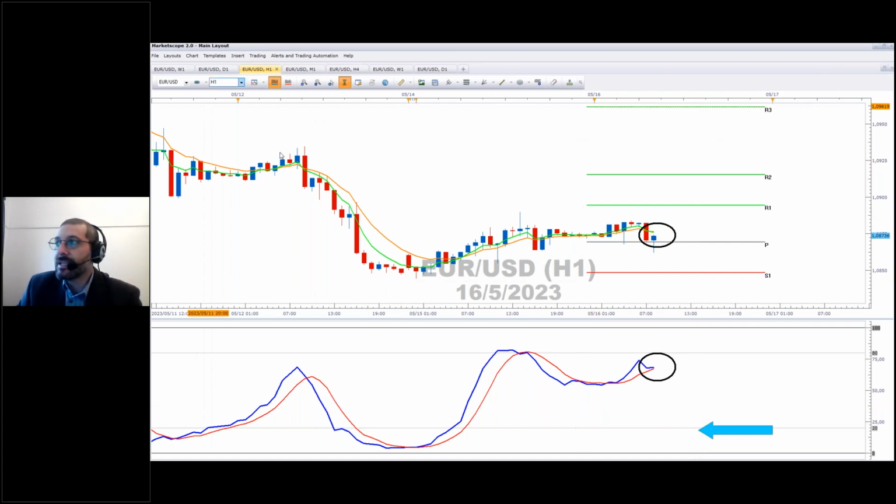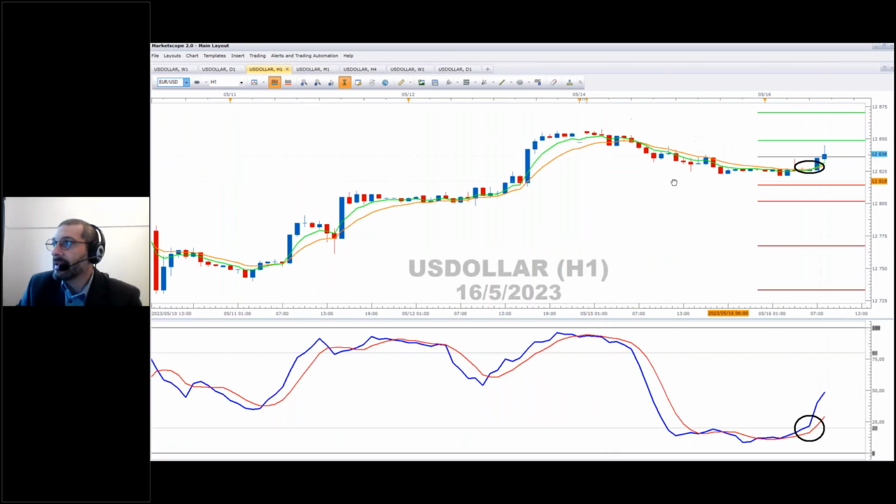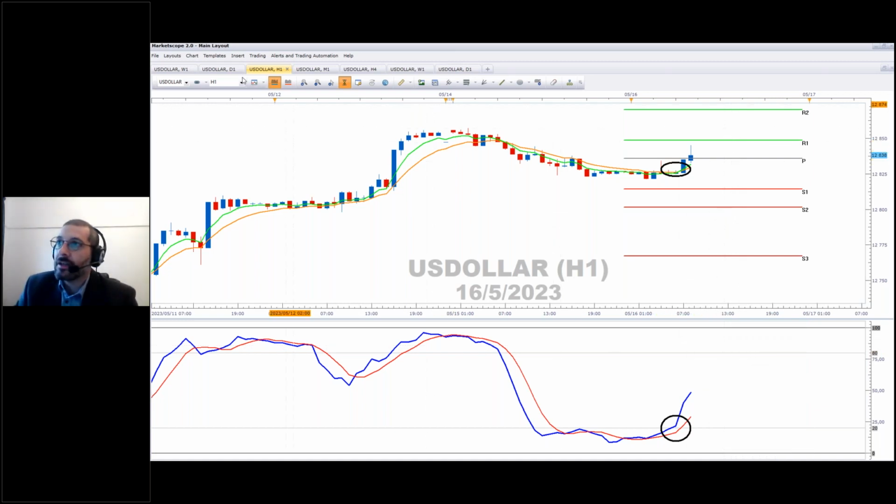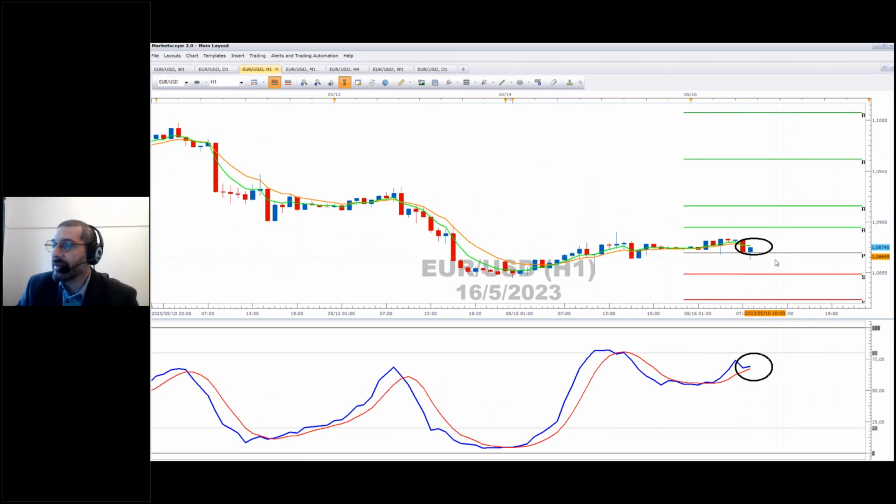So you can see that there is a potential crossover on the euro side, just as there is a potential crossover on the dollar side. Okay, now a little bit of resistance coming in at the R1 level for the US dollar. Well, you go through to the euro, a little bit of support coming in for the euro as well, so at the central pivot. So just be very cognizant that the setups are there. However, there's friction. There's friction in the market, and we don't know which way it's going to go. All right. Other instruments that we can look at.